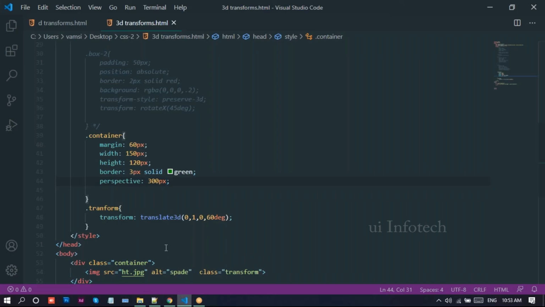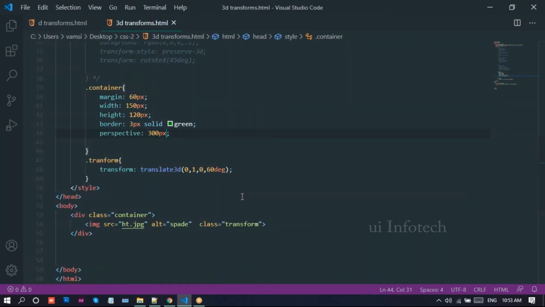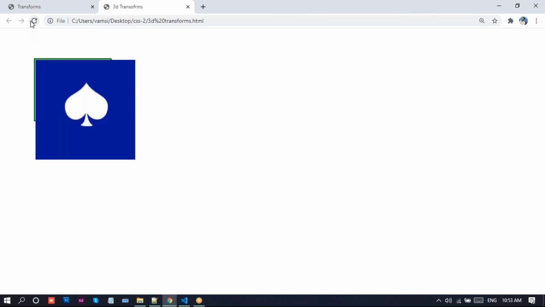Oh, it will not rotate. Transform. I'm sorry. Transform. Just reload this page.